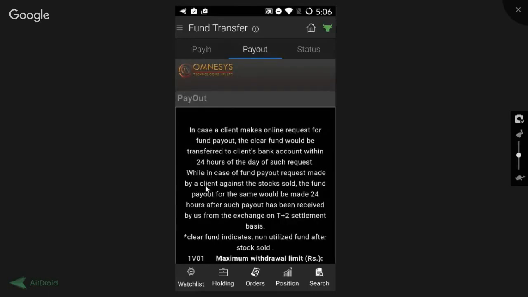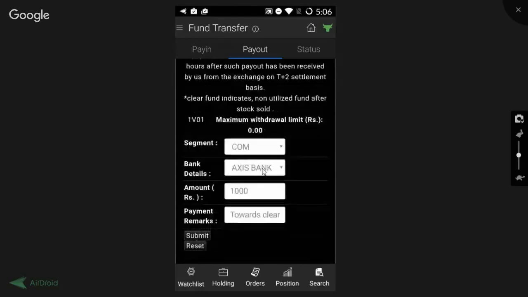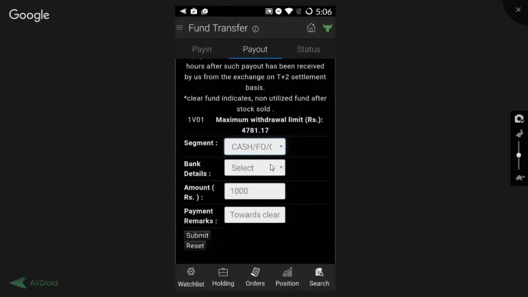We just have to click on OK. So I do not have the commodity account activated, and that's the reason the alert message was there that you do not have the amount to be withdrawn. So we select cash and cash because I have that account activated. Click on submit